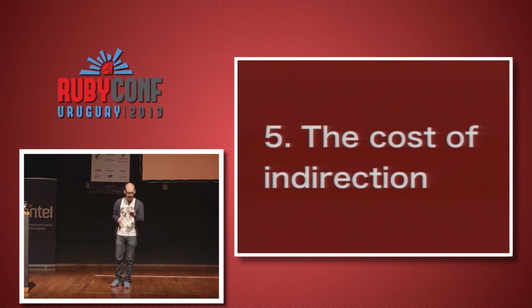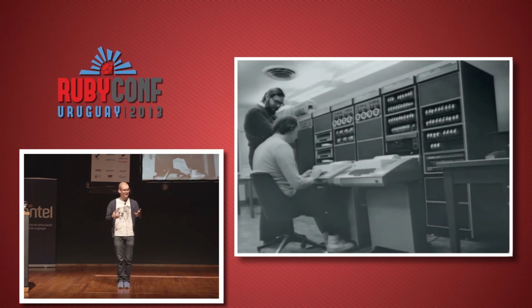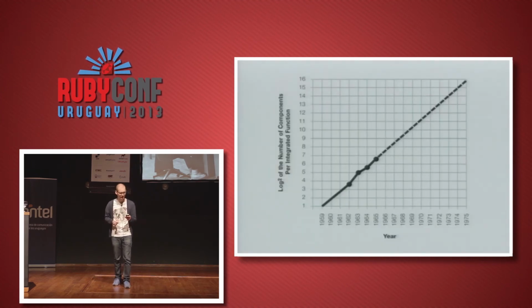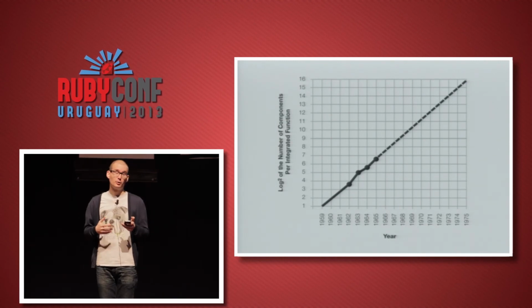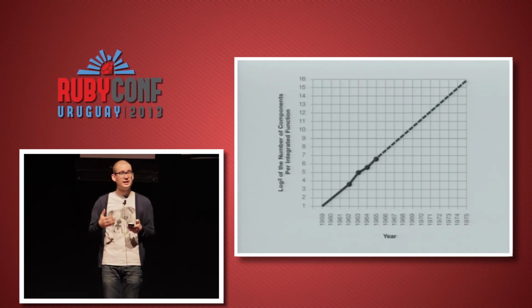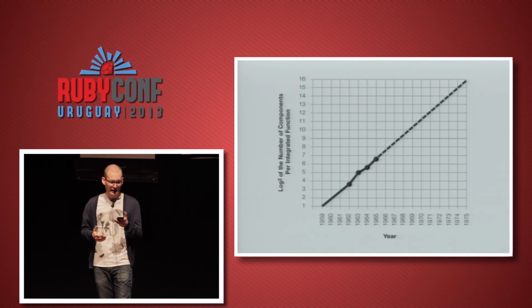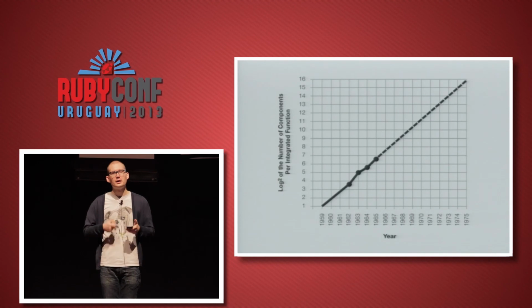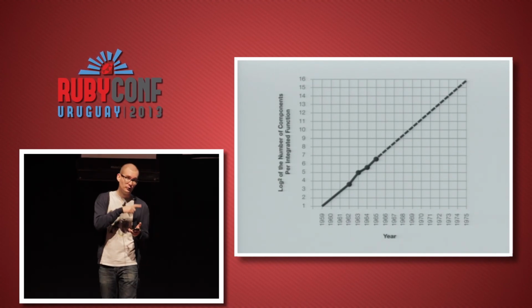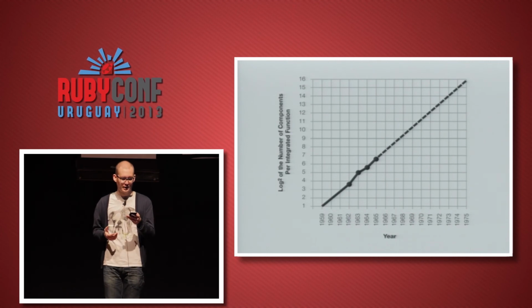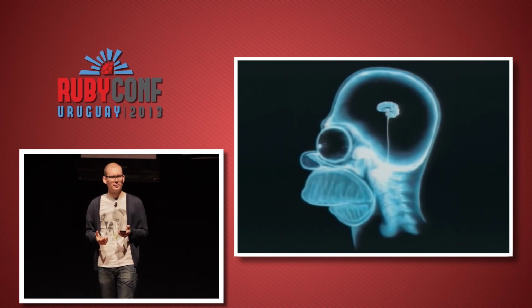The cost of indirection has been a topic of discussion since the very beginnings of computing. Back then, there were heated debates about the convenience of adding new layers of abstraction, new layers of indirection, as each one of them implied high costs in terms of performance. Happily, today, things are completely different. Over the last 50 years, CPU speeds and memory sizes have increased so dramatically that the cost of adding new indirection layers is, compared to them, almost negligible. That's why we have languages like Ruby to start with. But what about our brains?